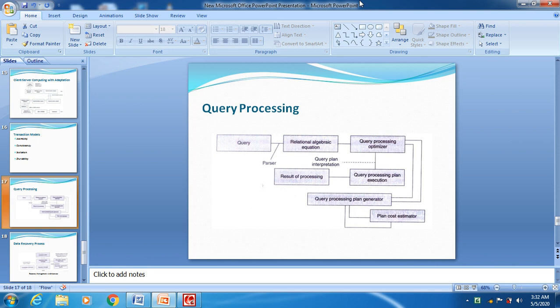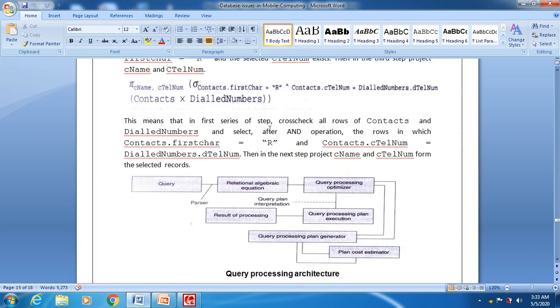First we need to take a query. By using this query we can write the relational algebraic equation. For example, here is the query: I want to retrieve the contact name whose first character starts with R, and that particular contact must be in the dialed number.